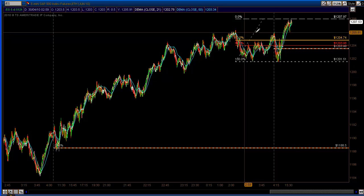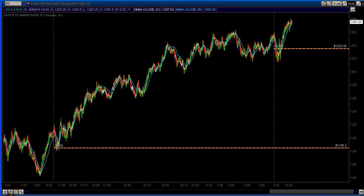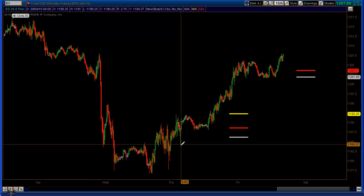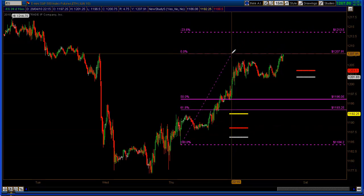Now, in keeping with the idea that the gap will fill, where do we go from there? Where's the next measured move on the 15-minute chart? Well, we go back to the 15-minute chart. We can see the next measured move from there, if we take those original draw points, is all the way down at